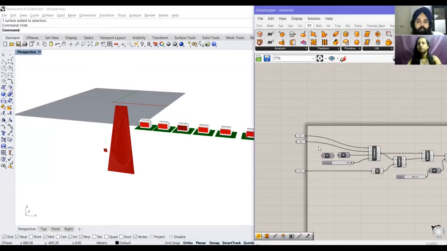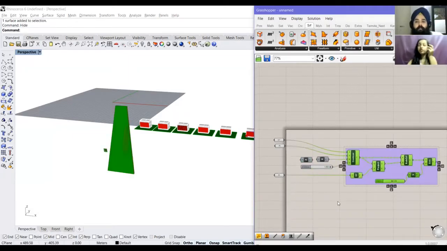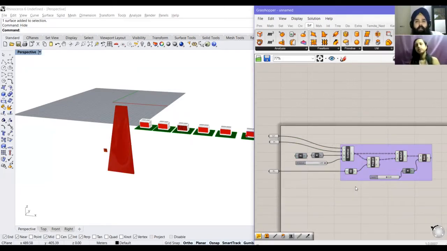Just a moment. Okay, so this much can get grouped. So I can group all of this. Now you know that you don't have to tweak anything in this, and the same code can be used multiple times over different projects. Great, this is amazing.